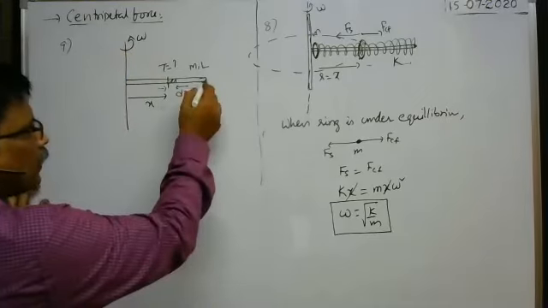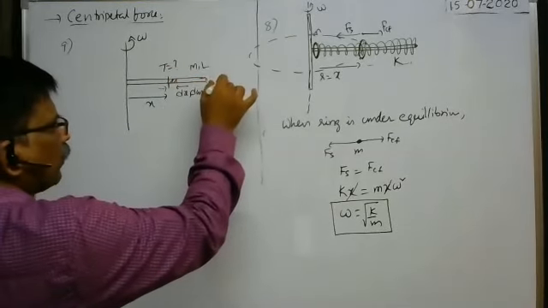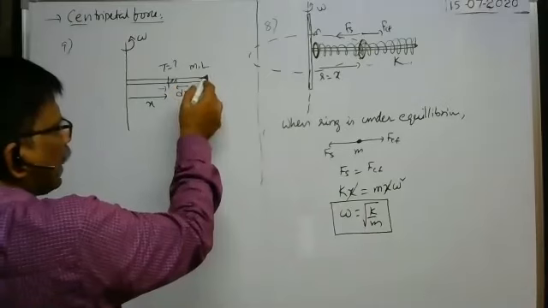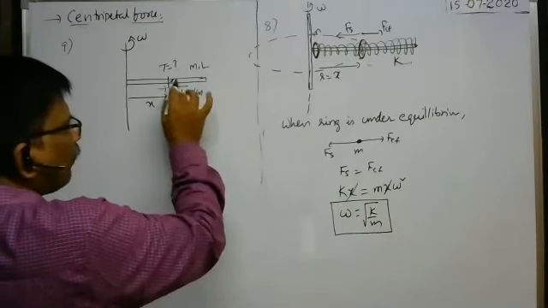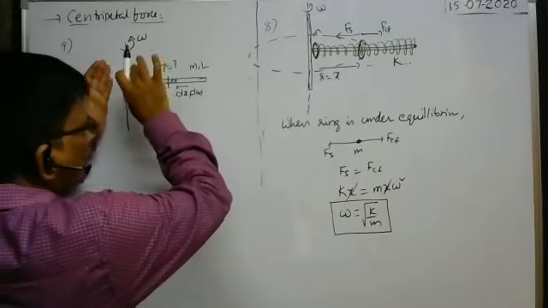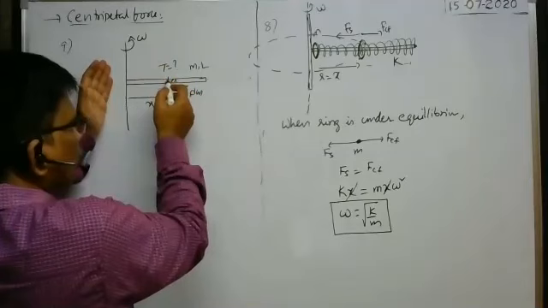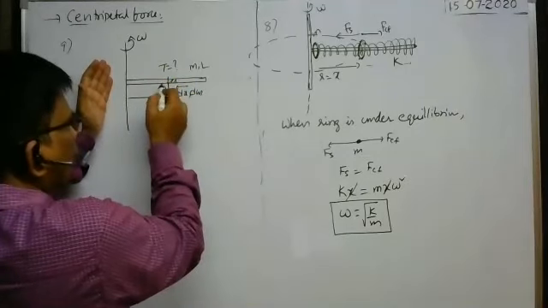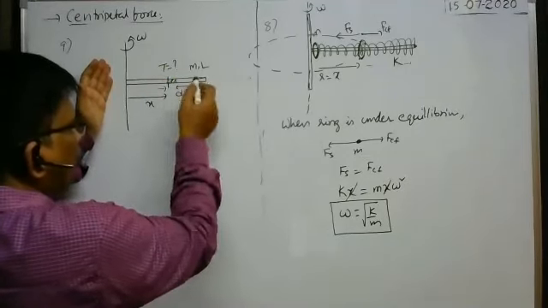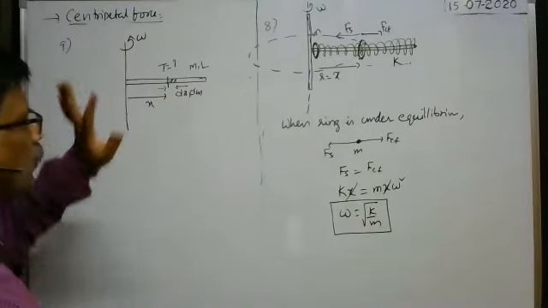Similarly, a number of elements are there. Each and every element experiences centrifugal force, and all these centrifugal forces act away from the axis of rotation. Whatever the sum of all the centrifugal forces acting on the rod up to this point, with the same force equal to the tension, the remaining part of the rod pulls this part of the rod towards the axis of rotation. That is the tension in the rod at this point.